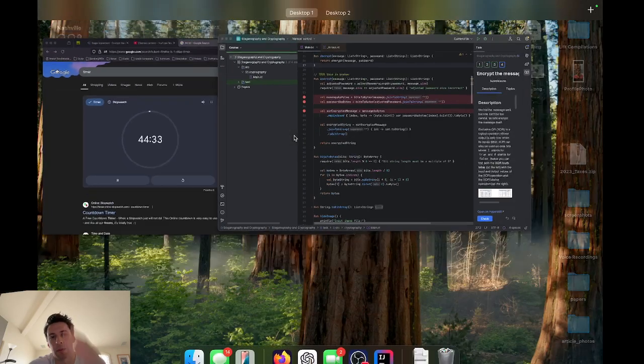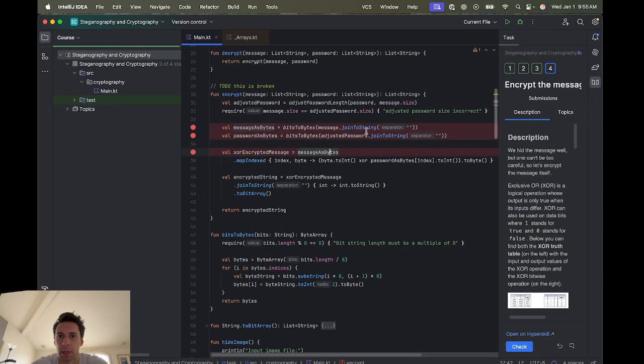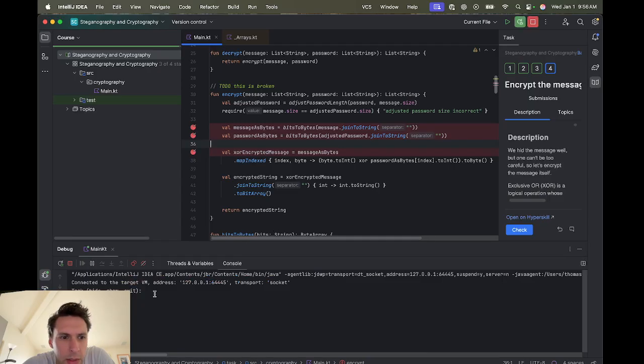Well, let's double check something, because right now I think what's happening is I'm not actually XORing anything. Like what's going in is what's coming out. So let's double check that right now. I have the breakpoints in here. Let's run this, step through it, and watch what happens to, let's do hide,